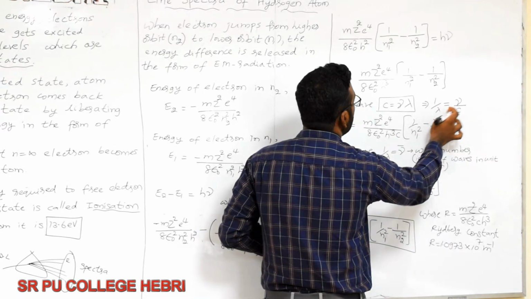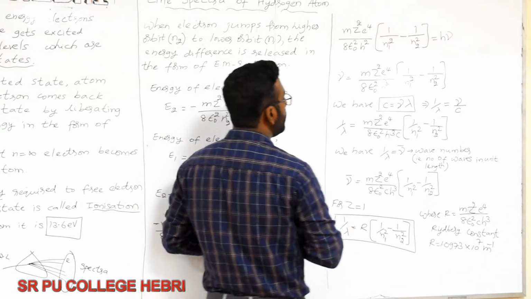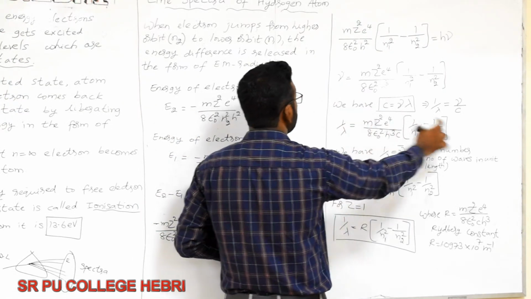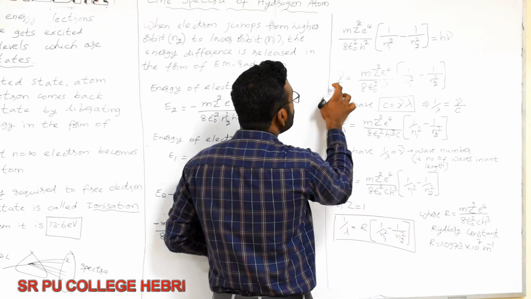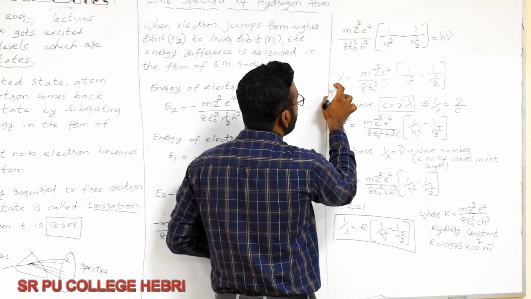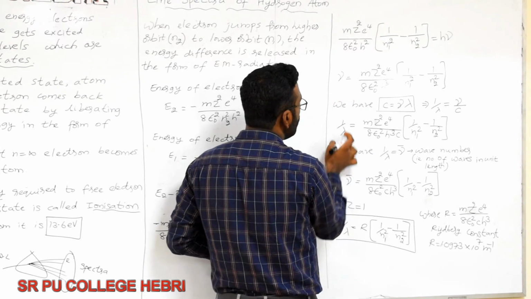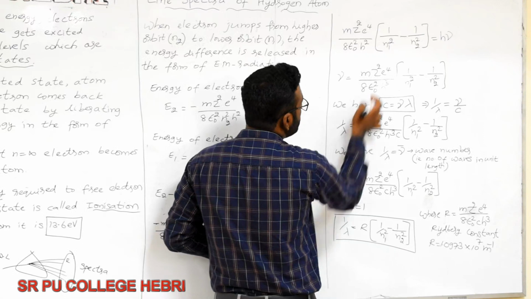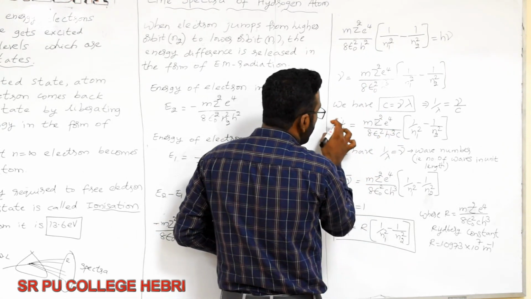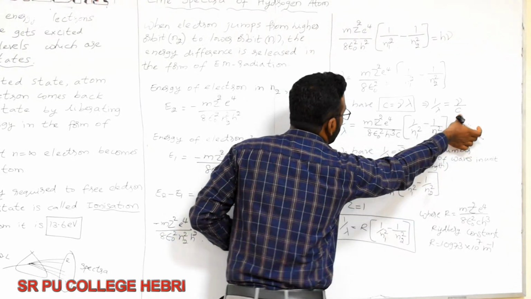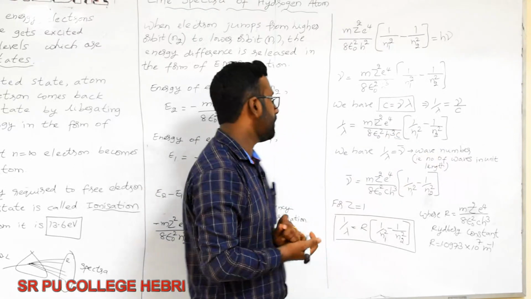1 by lambda is equal to nu divided by c. Just check it properly. What happens here? Nu divided by c is equal to 1 by lambda. So we will divide this equation by c, and it will be written as equal to 1 by lambda. So just see here what we have extra in this term. 1 by lambda is equal to nu divided by c, and the equation is the same.